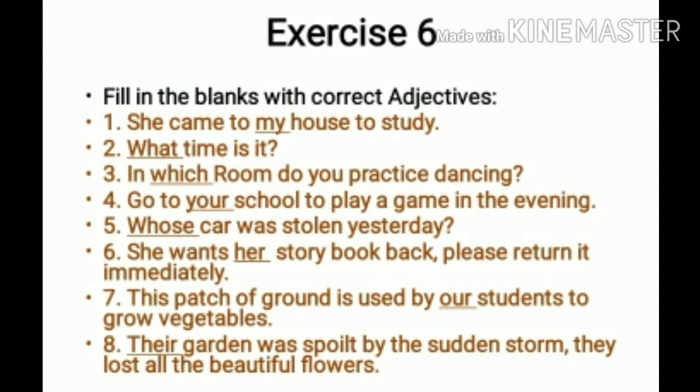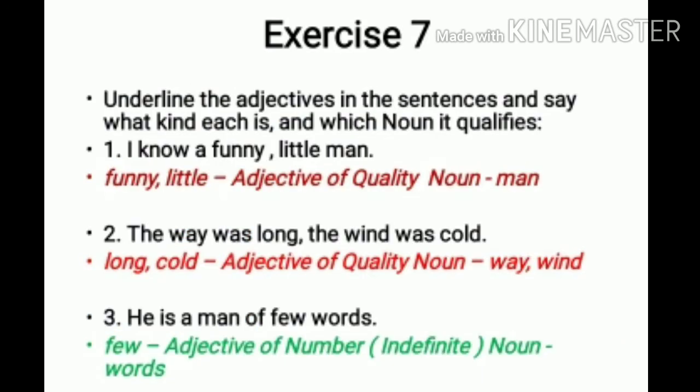Fifth one, dash car was stolen yesterday. It's a question. So again, whose car? Sixth, she wants dash storybook back. Please return it immediately. So her storybook. Seventh, this patch of ground is used by dash students to grow vegetables. So our students. Eighth, dash garden was spoiled by the sudden storm. They lost all the beautiful flowers. So their garden. Now exercise 7, we need to underline the adjectives in the sentences and say what kind of